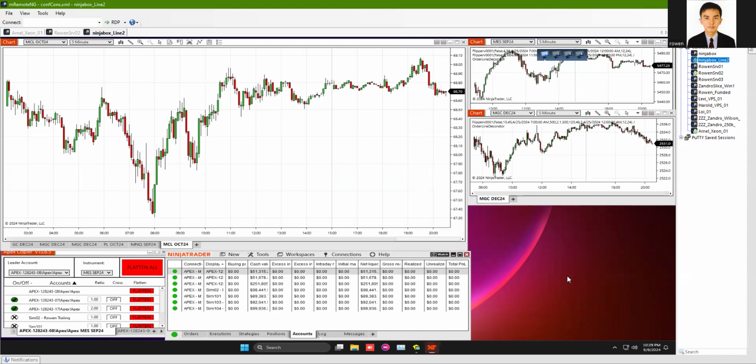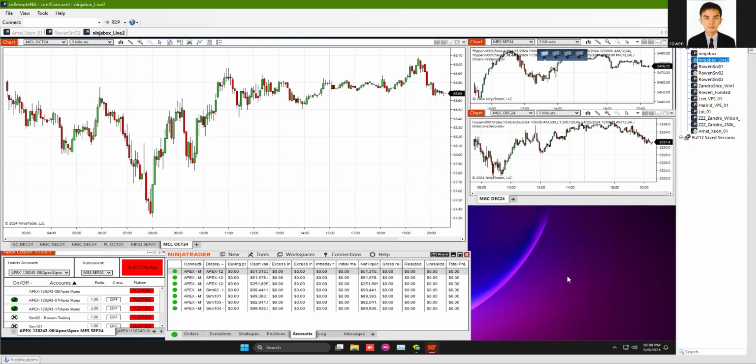It's a platform for creating futures strategies, and this one is currently running on a PropFirm account. I'm testing it. I built a strategy which uses moving averages, and it's just using two entries with an SL and TP. One is a farther TP, and the other is a closer one. As you can see, this has taken trades in the past.